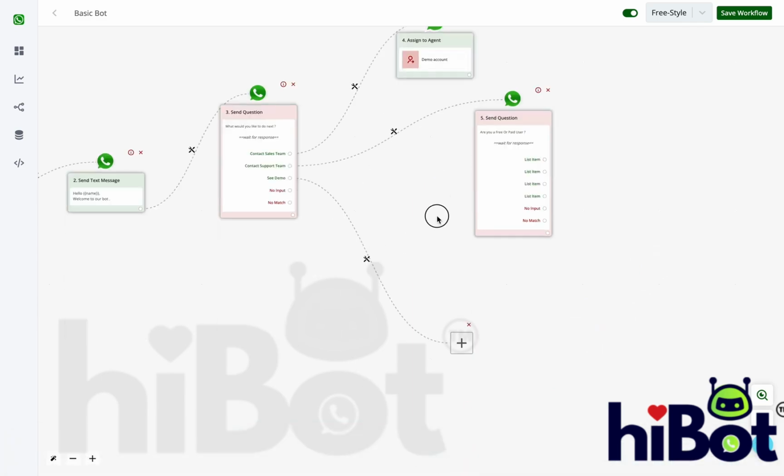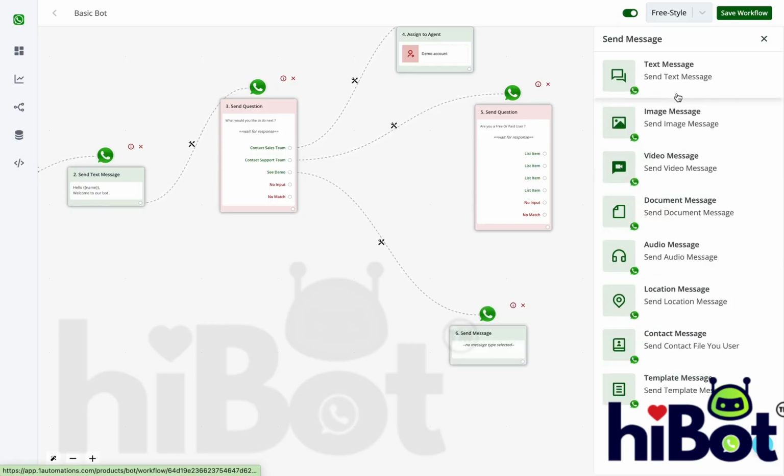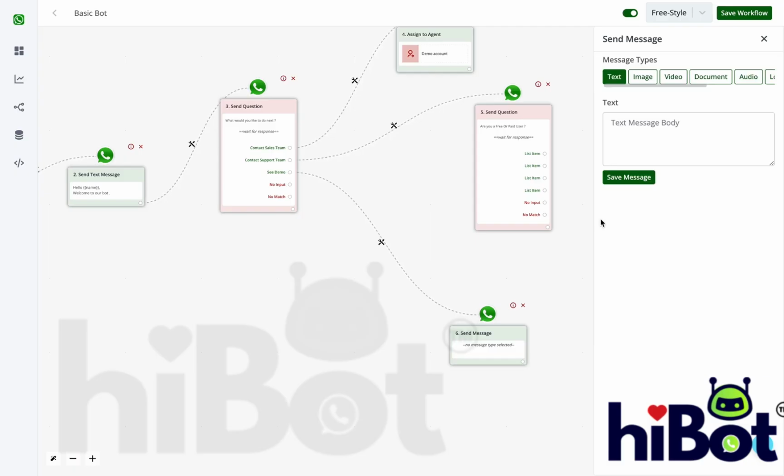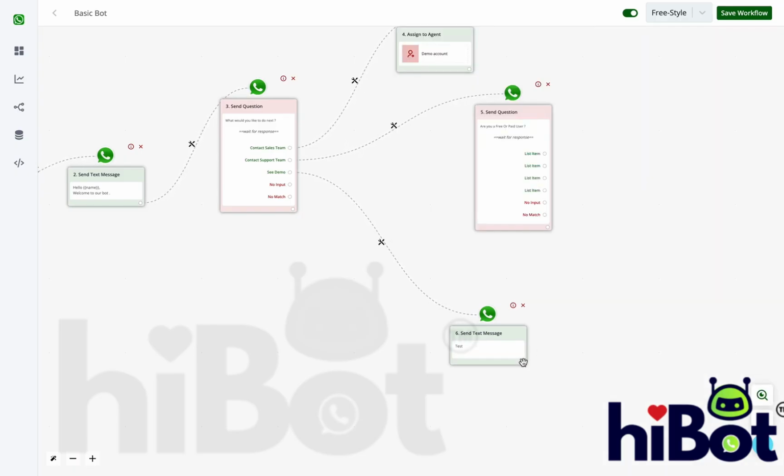You can keep adding nodes ahead, and it can be send messages or ask a question. In case of send messages, you can send text, image, video, document, audio, location, contact, or template messages. And in case of the ask a question block,